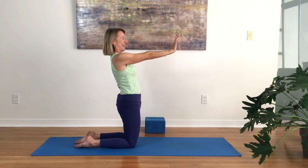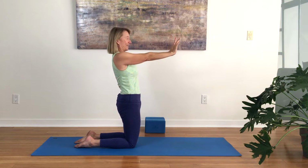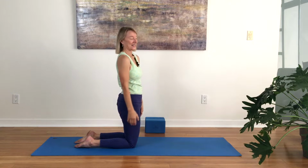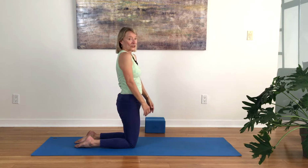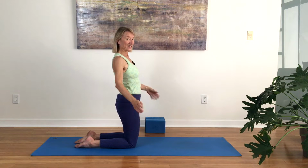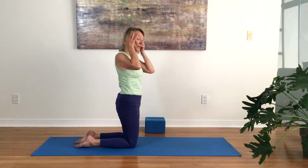Good. And about 2 more. Press, pull, and let it go. Relax. Roll your shoulders gently to let go of any tension you might have built up there. Okay, and now